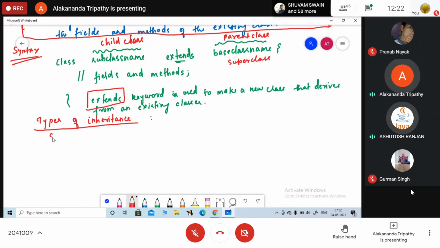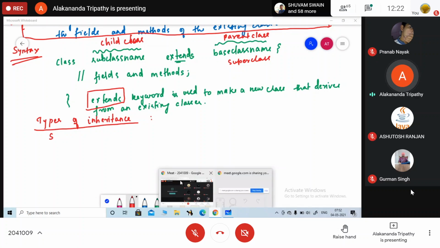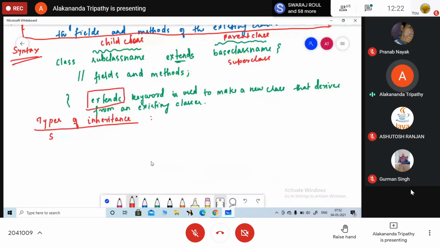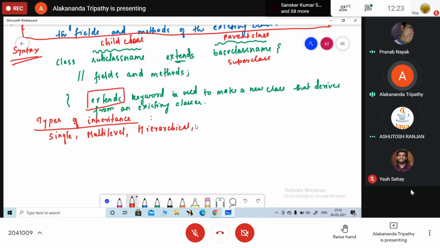Okay, the different types of inheritance that we discussed in the last class are single, multilevel, hybrid, hierarchical, and we also discussed multiple inheritance as well as hybrid inheritance. So the common types of inheritance that we are going to do are these three: single inheritance,